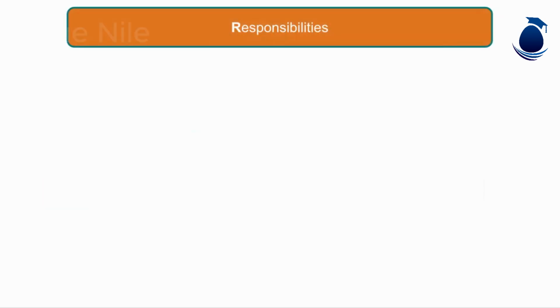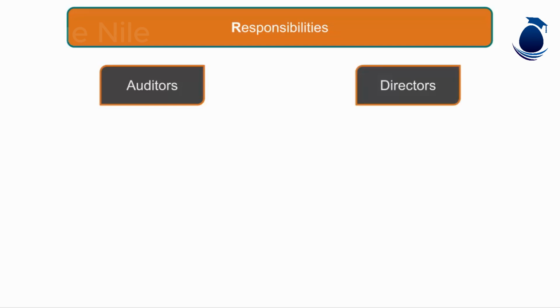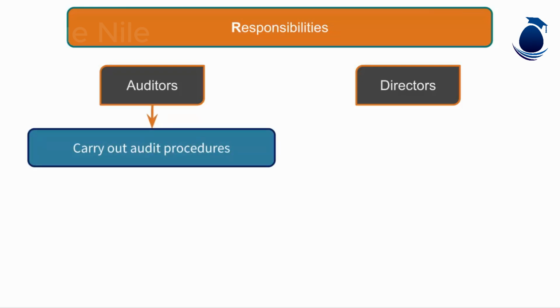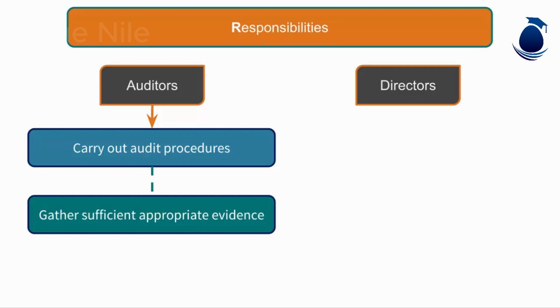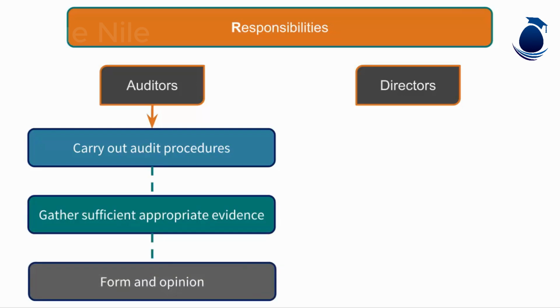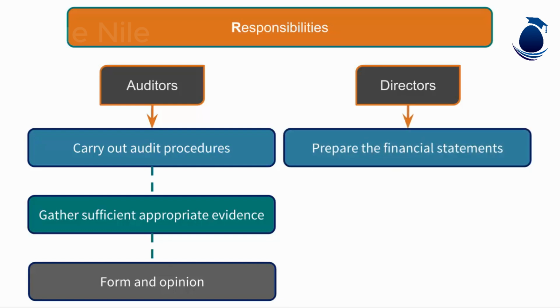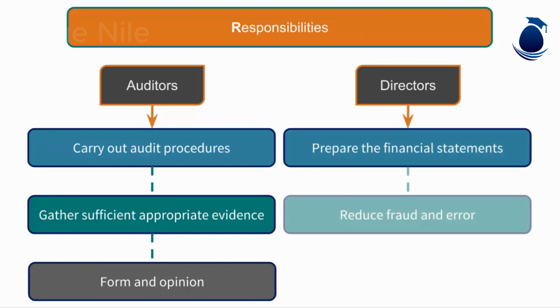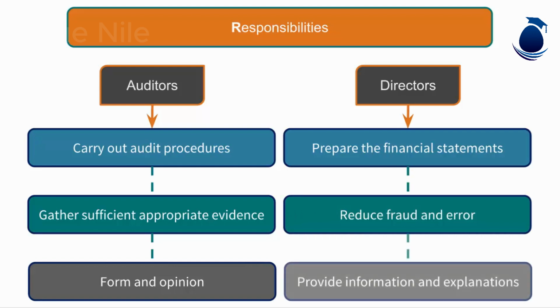The R is for responsibilities. 2 marks could be gained here, as you could state the engagement letter should outline the auditor responsibilities and the director's responsibilities. Remember, the auditor's responsibilities include carrying out audit procedures and gathering sufficient appropriate evidence to form an independent opinion on the financial statements. Director's responsibilities include preparing the financial statements properly, reducing fraud and error, and providing information and explanations relevant for the